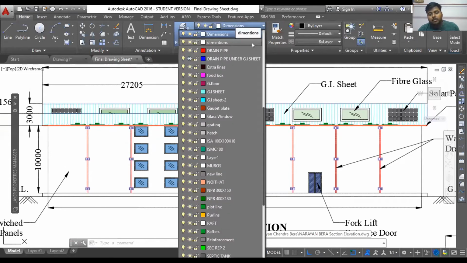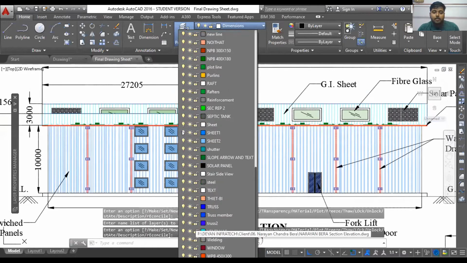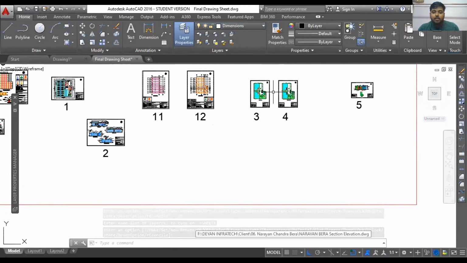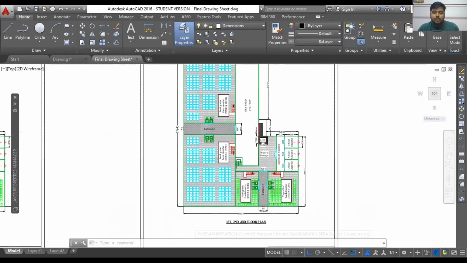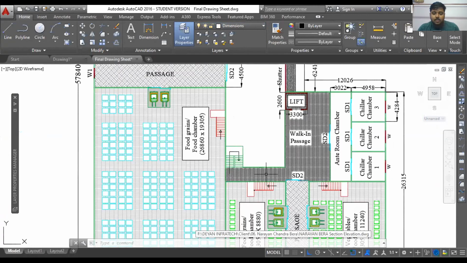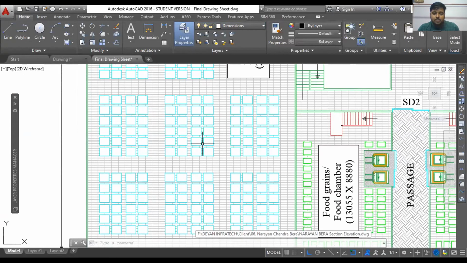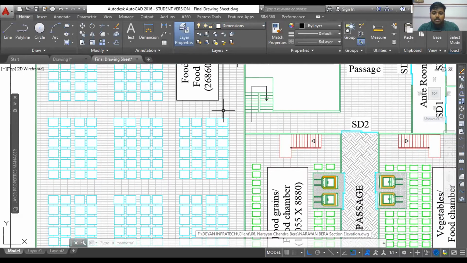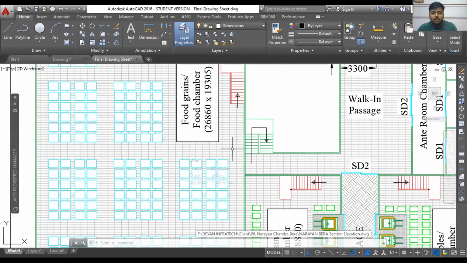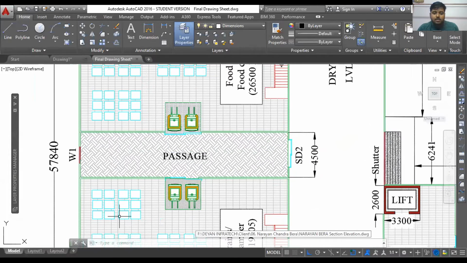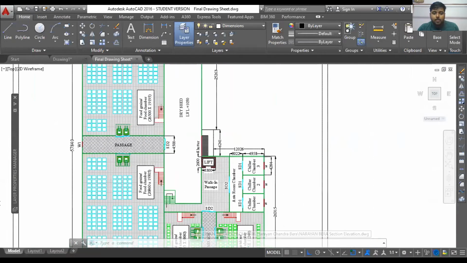Everyone uses layers more or less, but many people don't actually know the main basic concept of layers. So in a residential plan, when you are doing a residential plan, for example, in this case, this is the basic general arrangement inside that particular food storage. So these are the food baskets. This grid line you can see. These are some kind of a jali, what do you say that? Iron sheet. Okay, upon which those baskets are kept. So that is how their plan was.